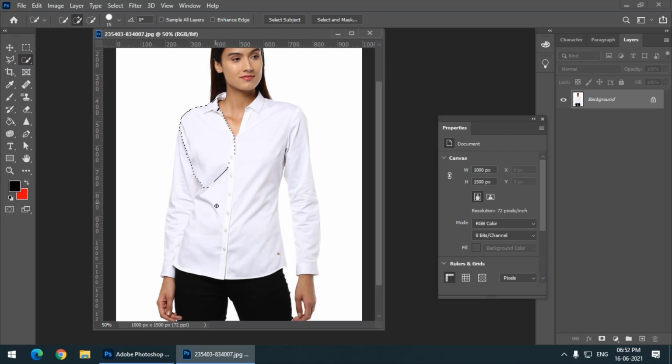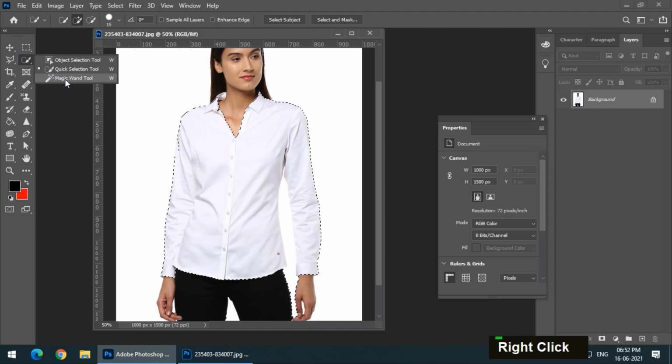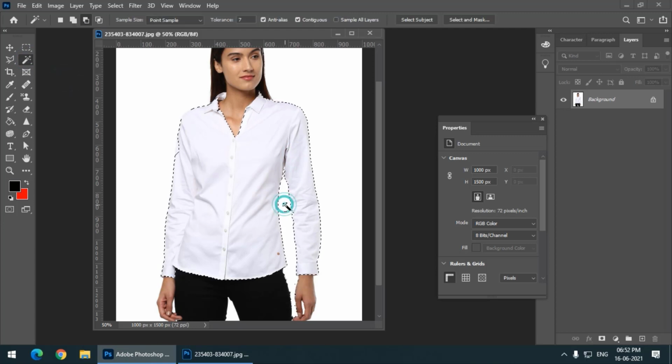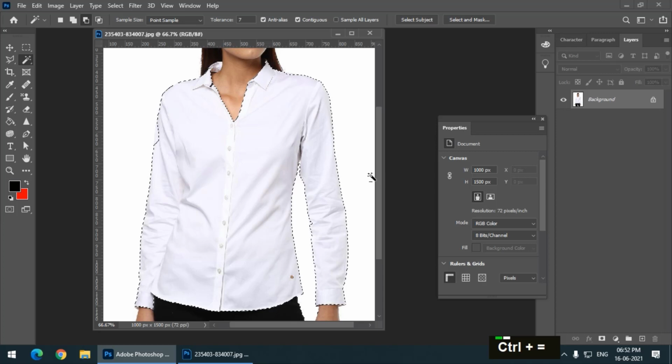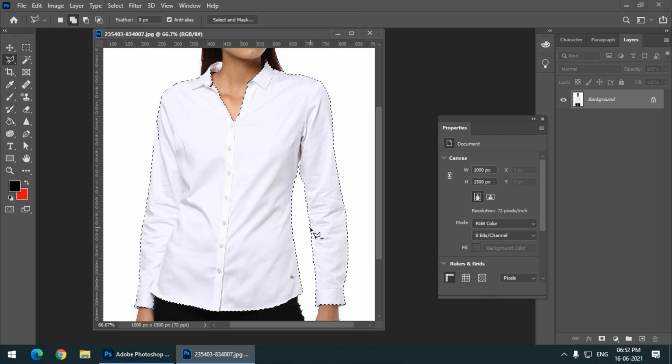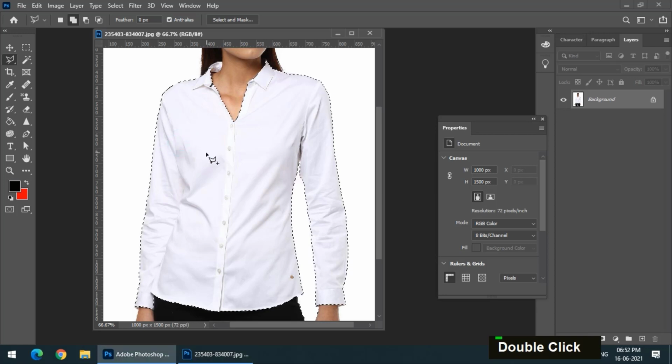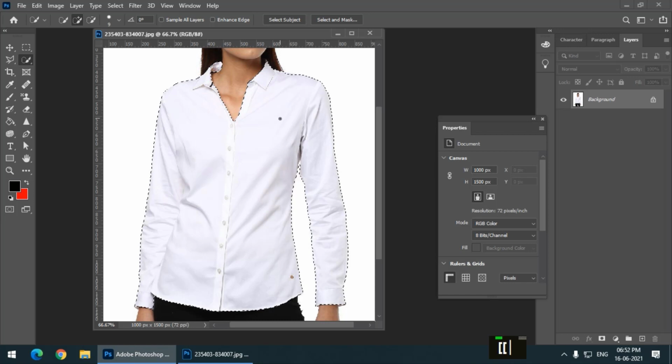So I'll select the shirt first. You have so many selection options to select the shirt. I have selected this one. I don't want that, so I'll take the magic wand tool, subtract. It's still not perfect, the selection, but do the best you can. This area is still remaining, I think. So remember, this tutorial is not about the selection, it is about the color manipulation or applying color on white objects.